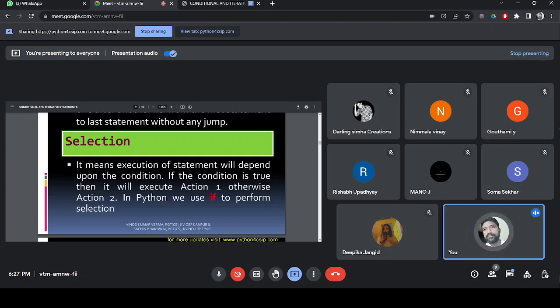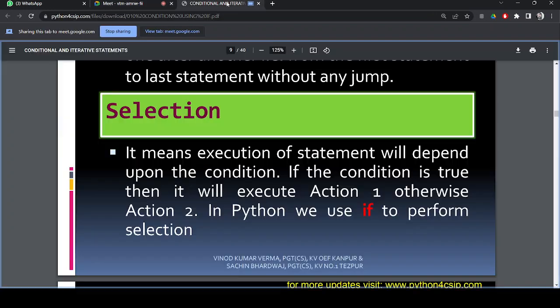because when you are using less than, greater than, and, or, not operators, the result will be either true or false. True means one action will be executed, the second action will not be done, it will be ignored. If it is false, action number 2 will be done, action number 1 will be ignored. So depending on the condition's evaluated value, the flow of the program is changing. With the help of a selection statement, you can jump and execute some block. You can jump, you can ignore some block. All these things are possible. How you can do that? We are going to see now.